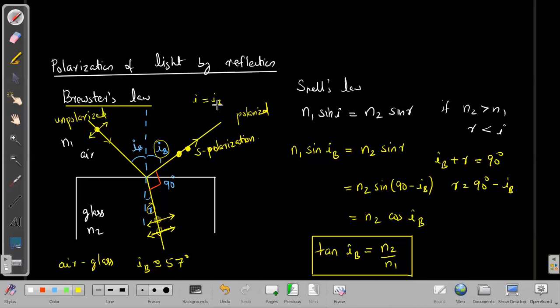And there are ways to check whether the cooling glass is a Polaroid glass or not. I already told you how to check. Just take two Polaroid glasses and rotate one of them. If it is a good Polaroid glass, then there will be complete extinction of light two times